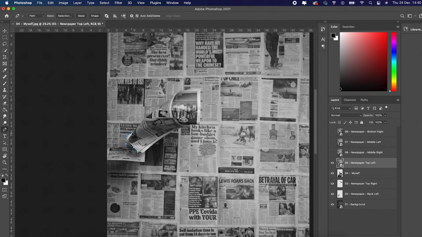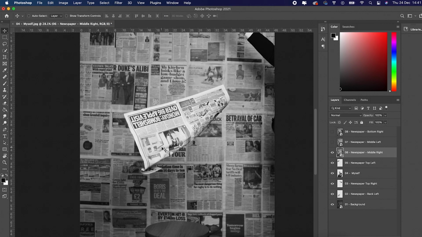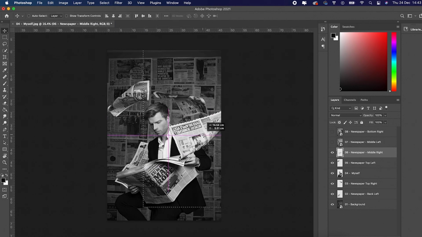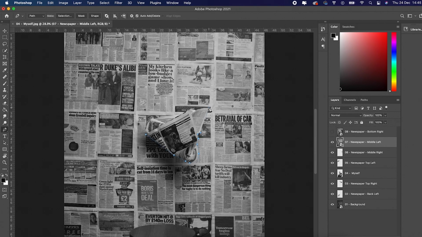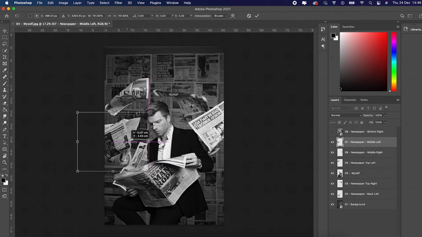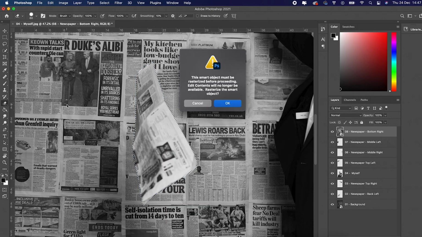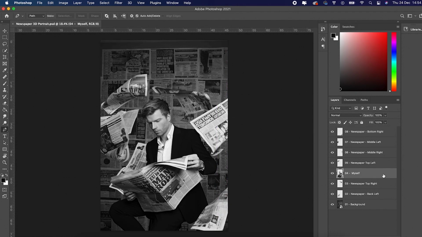I'm just going to finish up the rest of the layers using the same method I did for the previous newspaper layers and place them into position. A lot of the time I'd actually be finished in Photoshop here and take it all over into After Effects. However, my body should be casting a shadow on the background and the falling newspaper behind me, so I'm just going to quickly add in some shadows.